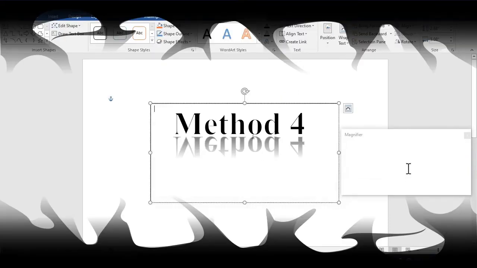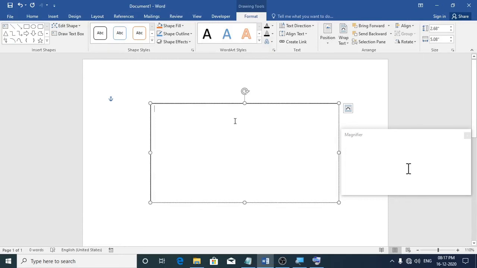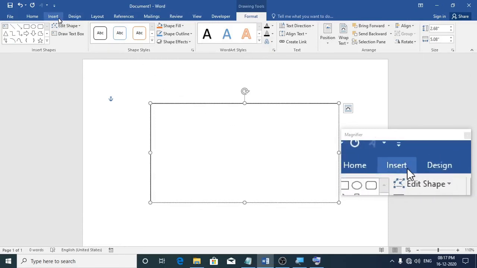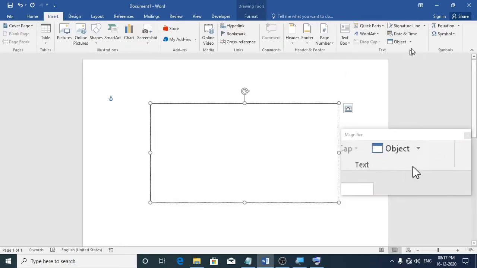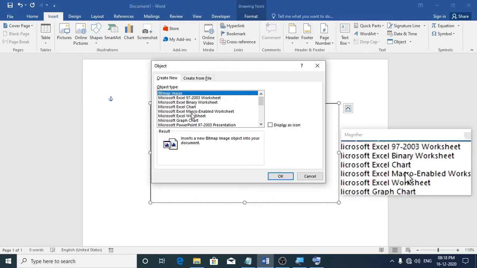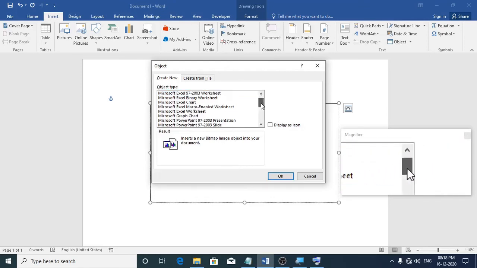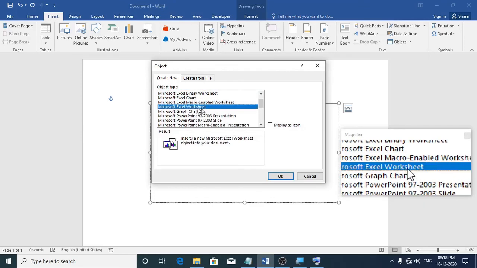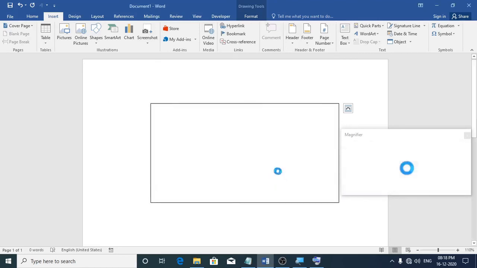So the fourth and the last method is using Excel from within Microsoft Word. To do that, we'll go to the Insert tab and click on Object. Then click on Object once again. Then scroll a little bit and choose Microsoft Excel Worksheet and click OK.